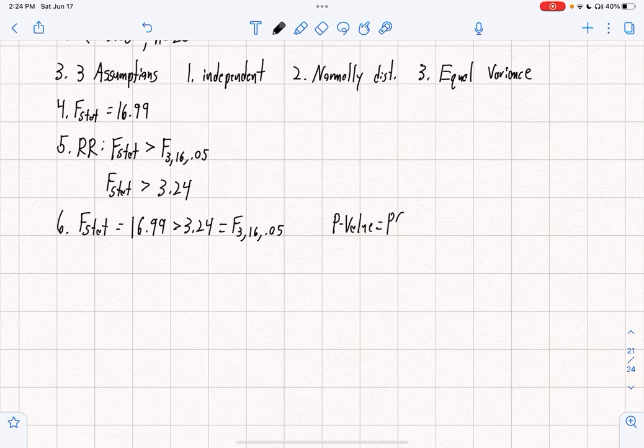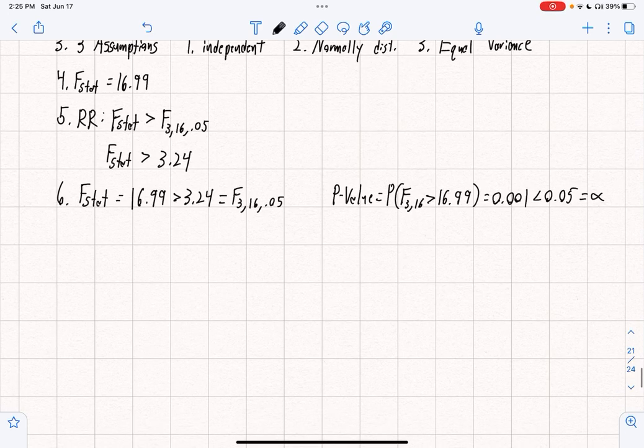that would be equal to the probability of F, 3, 16, bigger than our F stat of 16.99, which is equal to 0.001, which is less than 0.05, which is our alpha. So according to both of these rules, because F is in the rejection region and because our p-value is less than alpha, we definitely reject the null hypothesis. So reject H naught and accept